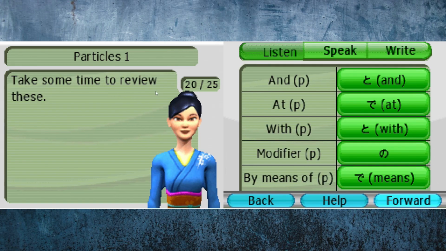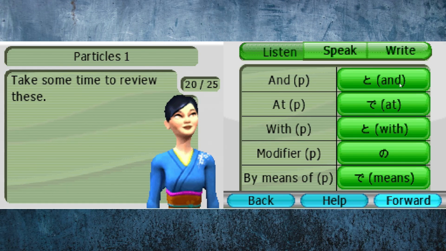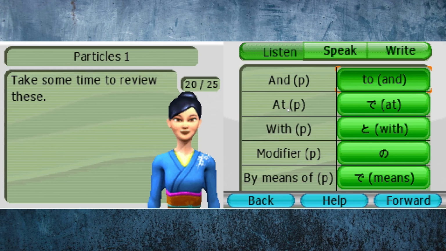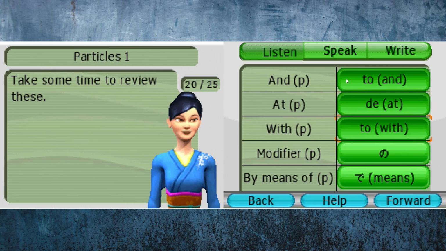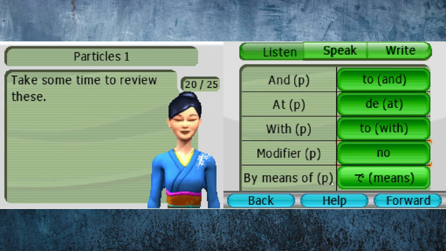Take some time to review these particles. So and is to. と At particle is de. で With particle is to. と So and with, but it depends on how you use it. Modifier particle, no, possessive particle is what it should say, so it's no. の And by means of de, the other way to use de. で